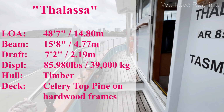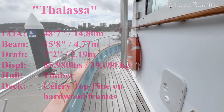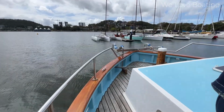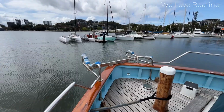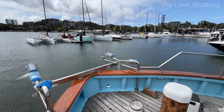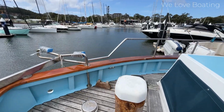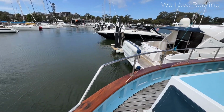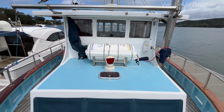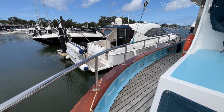So she's actually, as I said, a wooden hull boat. Those decks you can see, they're celery top pine, which is a wood which is native to Tasmania, very, very hard wearing. You can see there, that's the power dinghy derrick. The dinghy's just off the boat at the moment, and those covers that you can see there, there's a cabin at the stern of the boat, which we'll go exploring a little bit later. It's a two-cabin, two-head layout. That's the life raft that you can see there. And obviously, being a fishing boat, it does have that classic trawler style, which is very popular